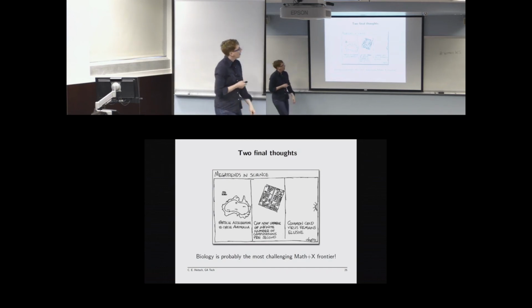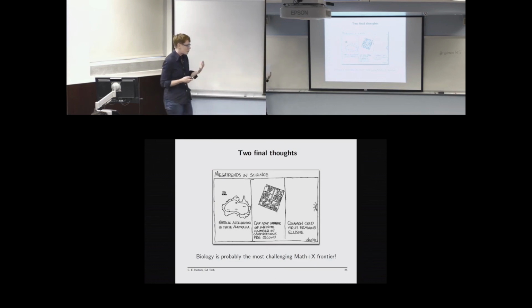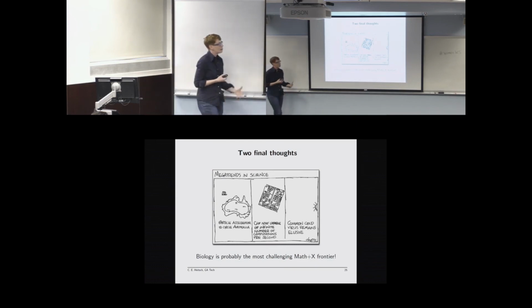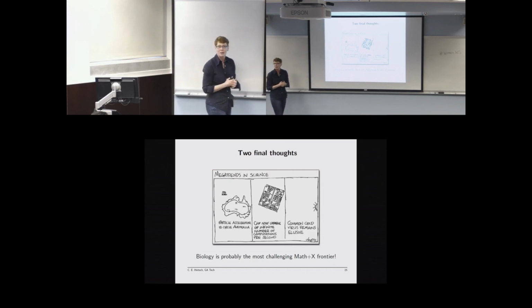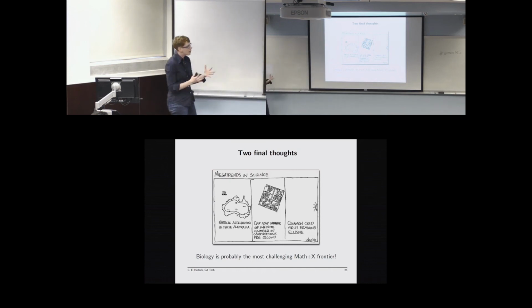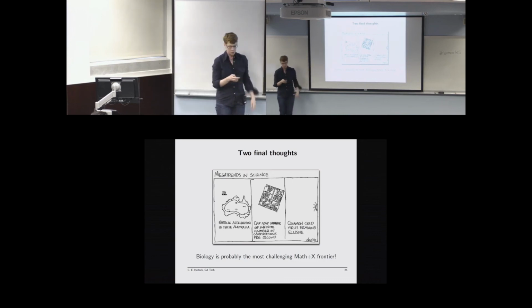So I think, but of course I'm biased, that biology is probably the most challenging math plus X frontier. But there's a lot of potential here to be both beneficial for biology as well as fruitful for mathematics. And it's important to keep that in mind. So that's final thought 1